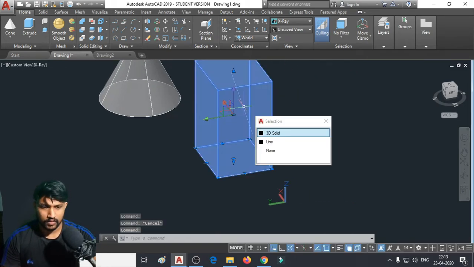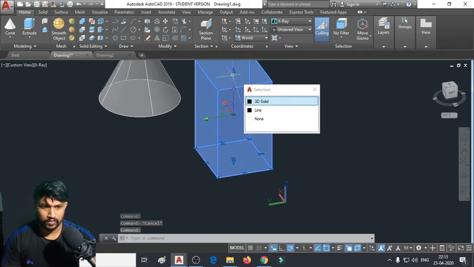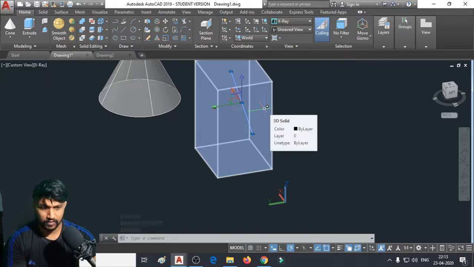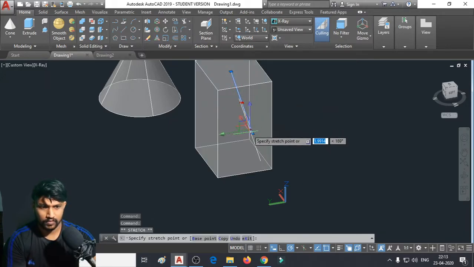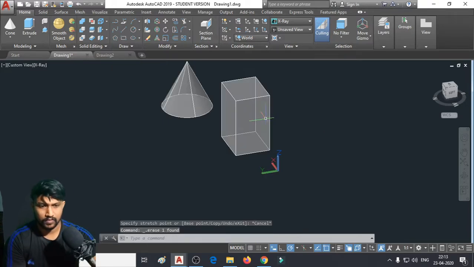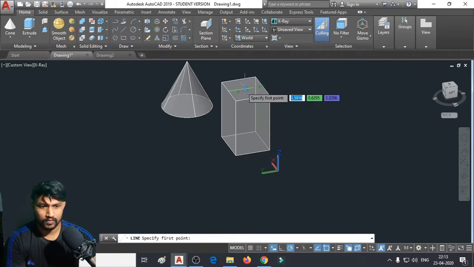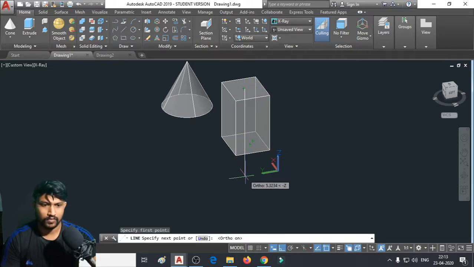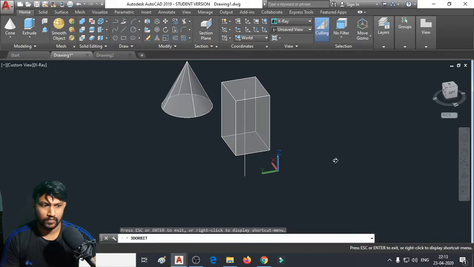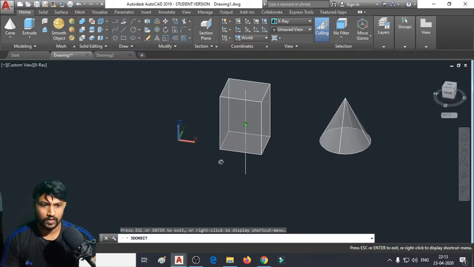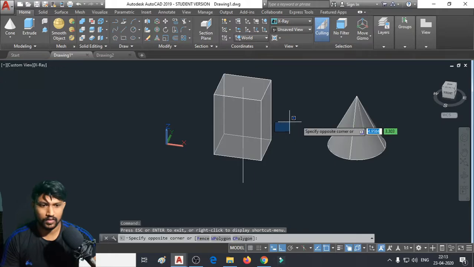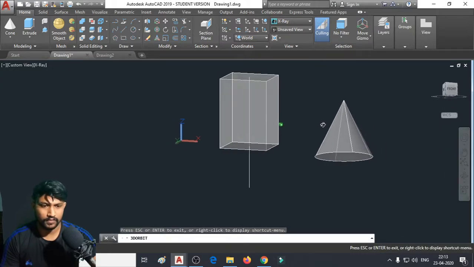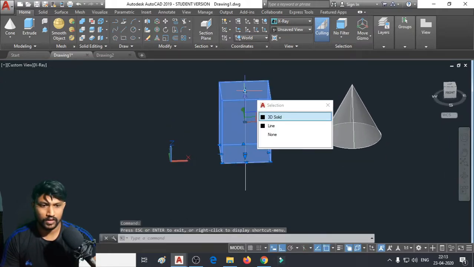Okay, this one is known as the axis line. We can call it the axis line.